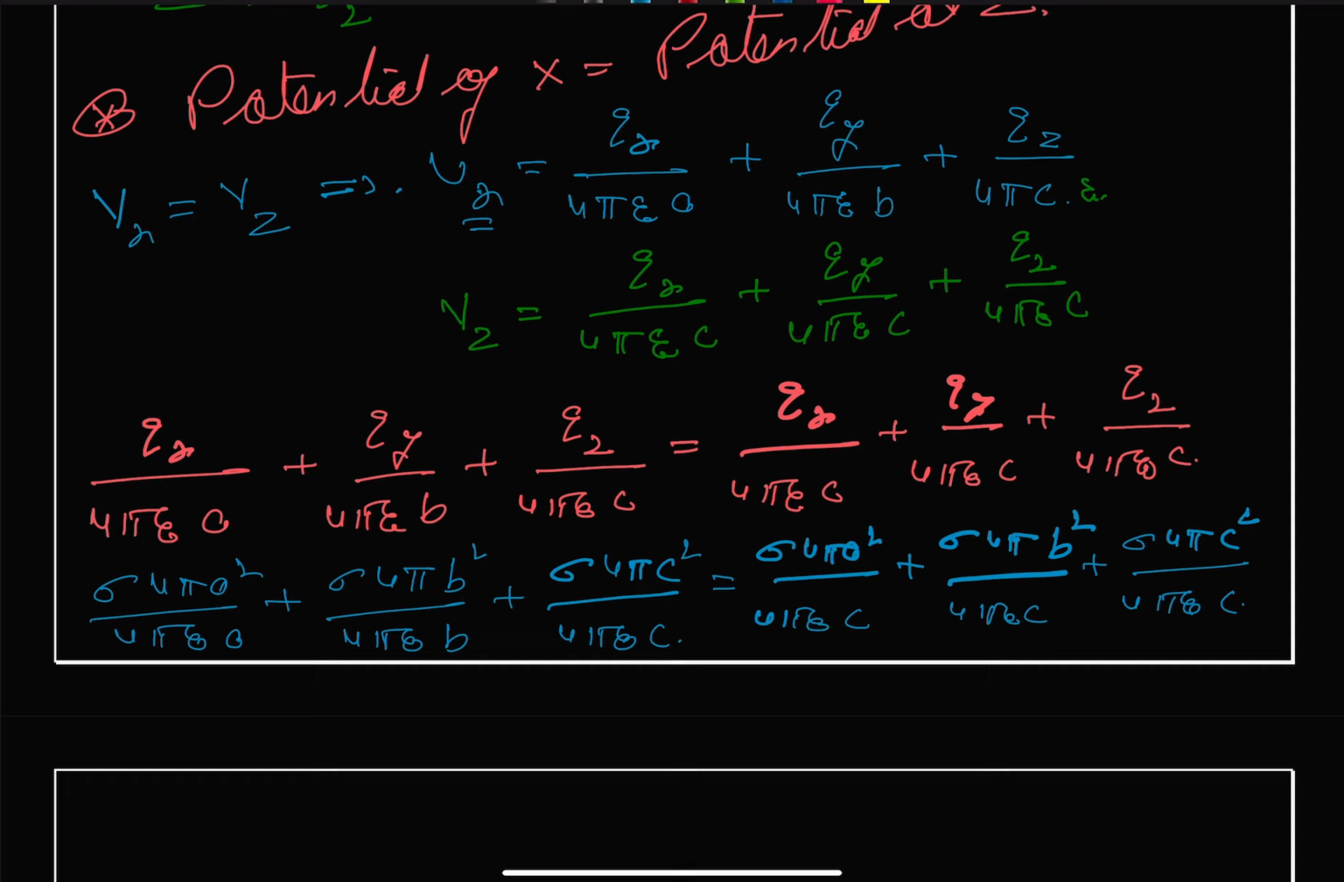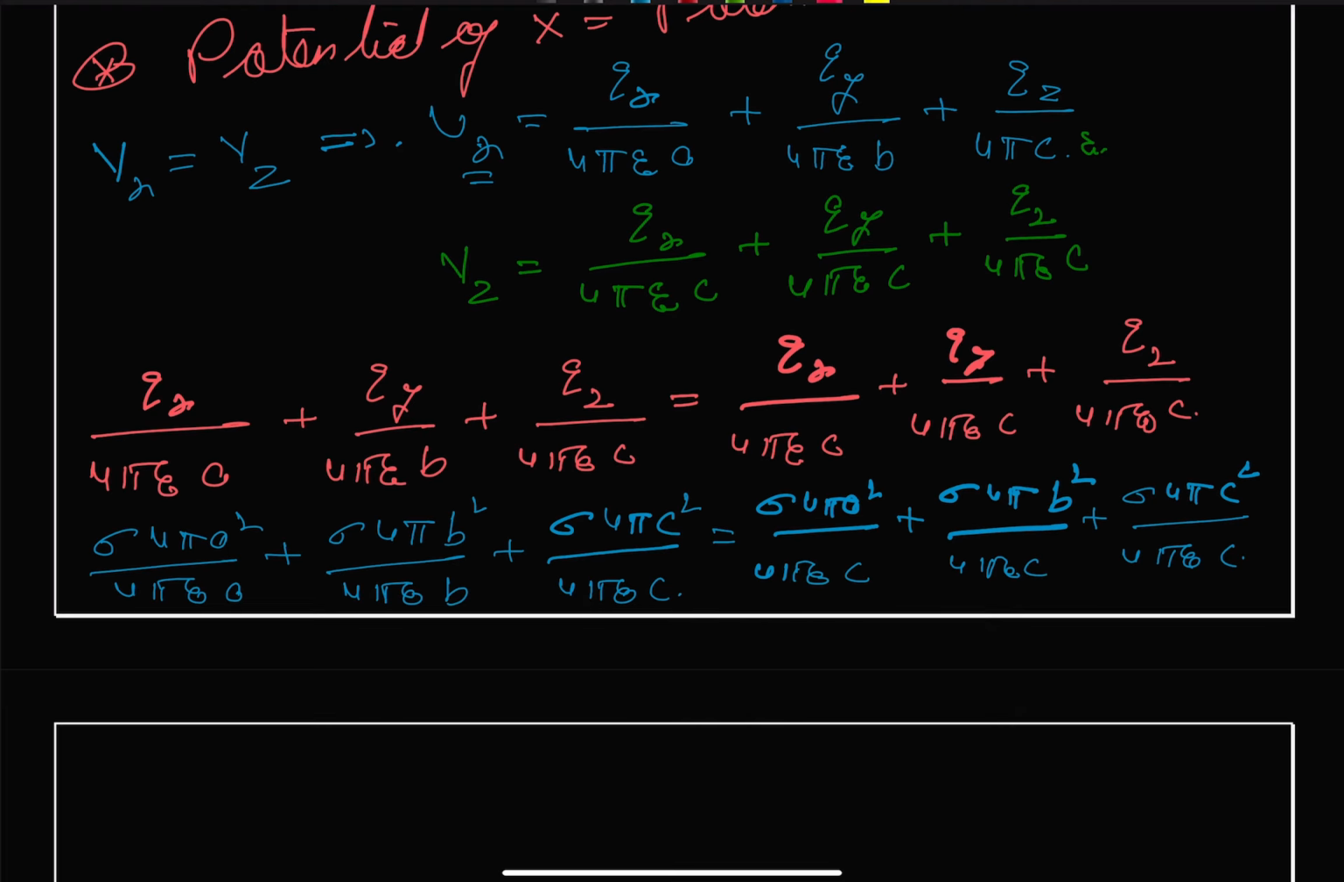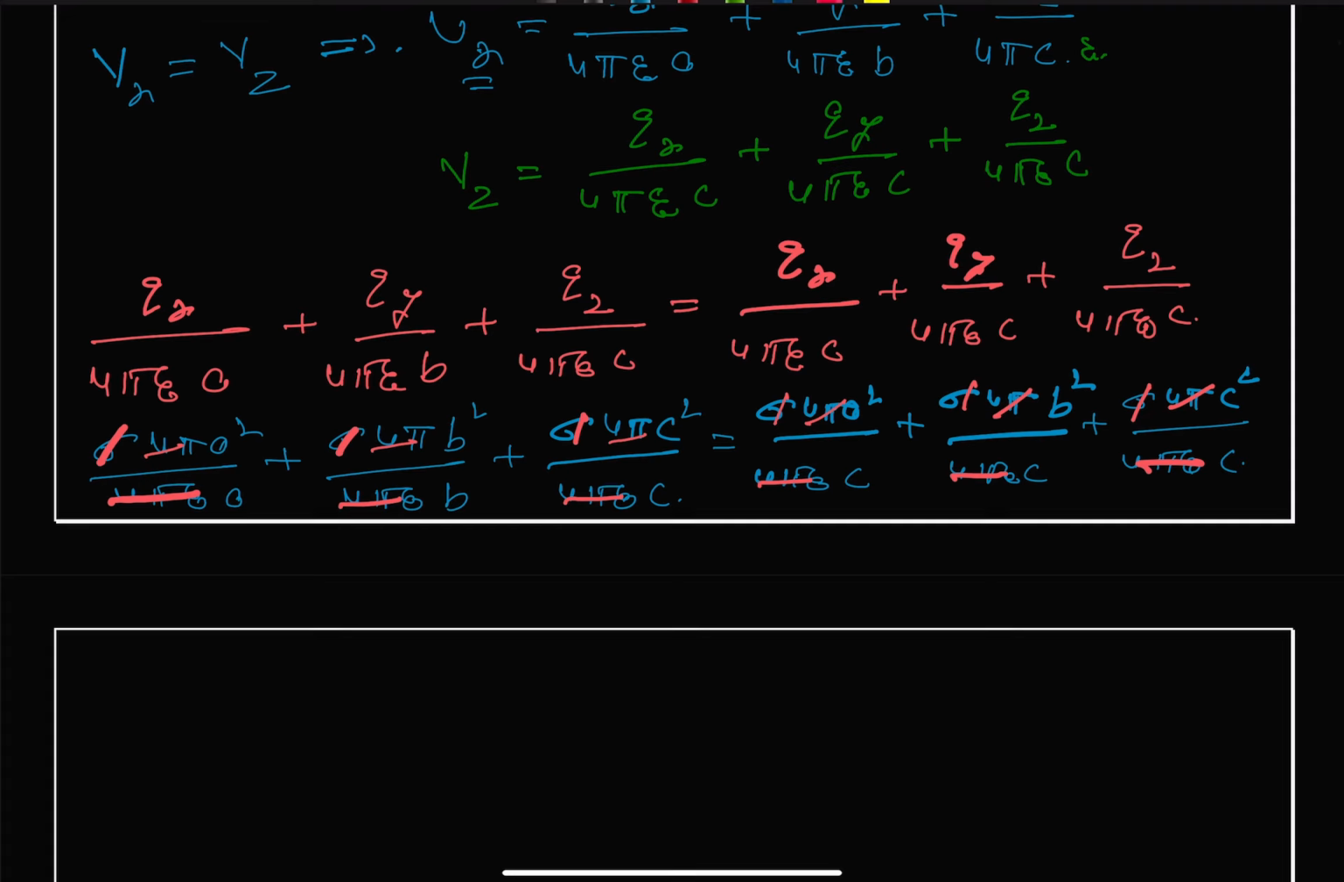And we can cancel out sigma throughout. This sigma cancels throughout. Similarly, we can cancel our 4 pi, and in the denominator also 4 pi epsilon naught cancels out. Therefore, we are left with a square by a